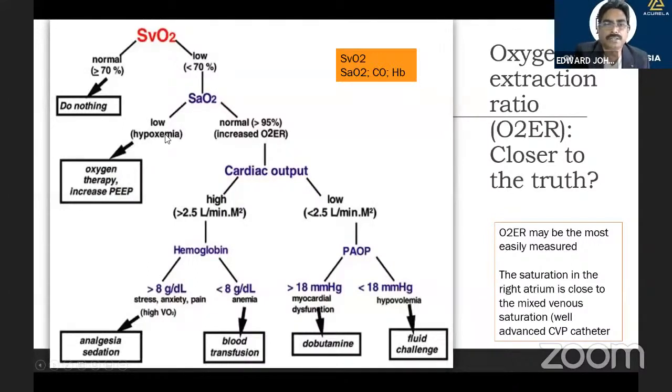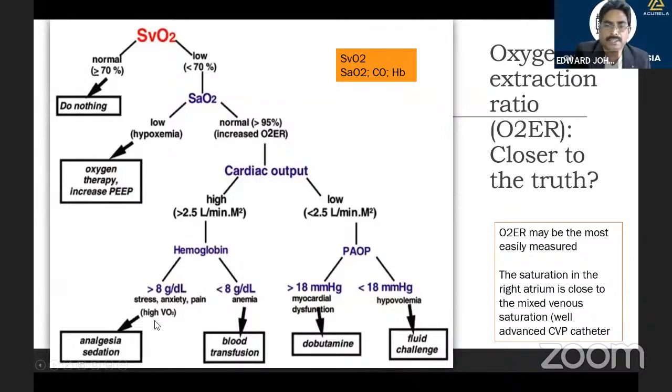If the arterial oxygen saturation is also low, we give only oxygen therapy or apply PEEP. If the arterial oxygen saturation is normal, then you look out for the cardiac output. If the cardiac output is high, that is normal, then you look out for the hemoglobin concentration. If the hemoglobin concentration is low, you give blood transfusion. If it is high, that means hemoglobin is normal, cardiac output is normal, only the saturation is low, then